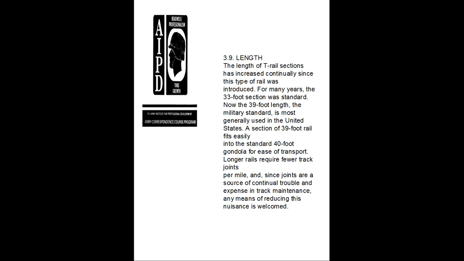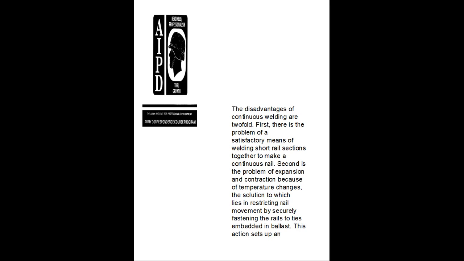Longer rails require fewer track joints per mile, since joints are a source of continual trouble and expense in track maintenance. Any means of reducing this nuisance is welcome. The disadvantages of continuous welding are twofold. First, there is the problem of finding a satisfactory means of welding short rail sections together to make continuous rail. Second, there is the problem of expansion and contraction because of temperature changes. The solution lies in restricting rail movement by securely fastening the rails to the ties embedded in the ballast. This action sets up an